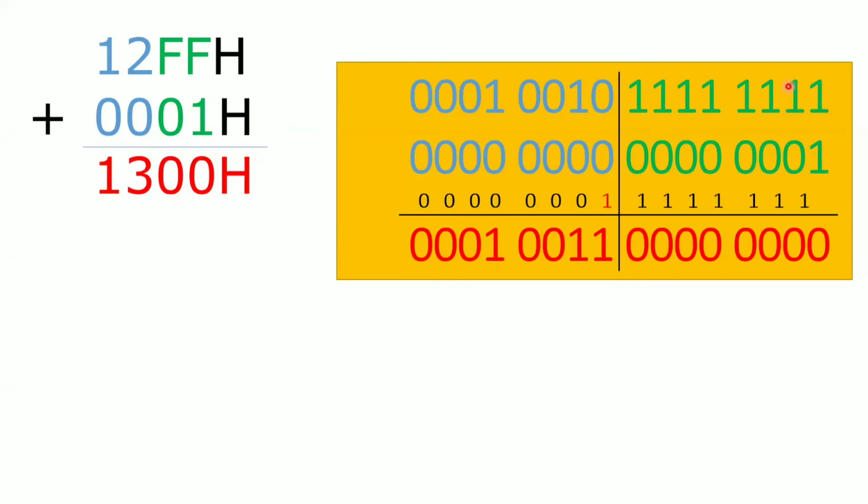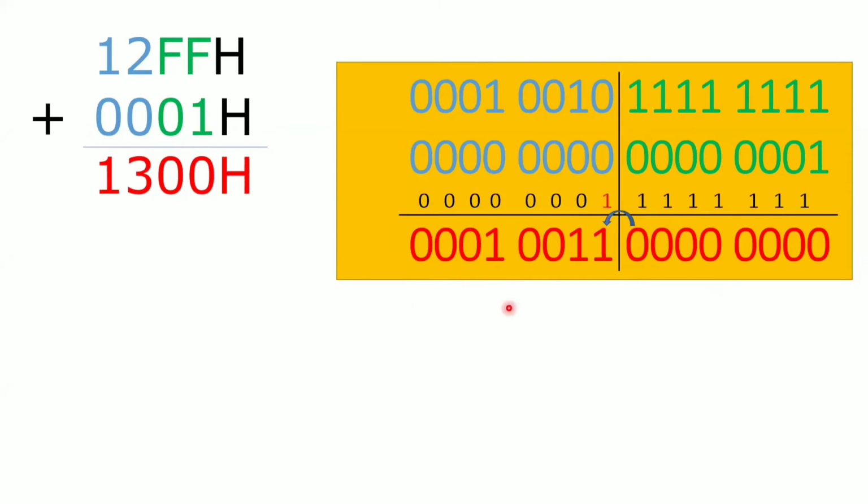Now we see FF means 1111 1111, 8 ones. 01 means 0000 0001. Now you perform this addition. So 1 plus 1, sum 0 carry 1. Then 1 plus 1, sum 0 carry 1. Similarly you will get the rest. Now observe the MSB position: 1 plus 1, the sum is 0 and the carry is 1. Actually I am not performing 16-bit addition right here, but only 8-bit addition for the first operation. During that time a carry is generated. Now where is this carry bit stored? Inside the carry flag in your program status word.